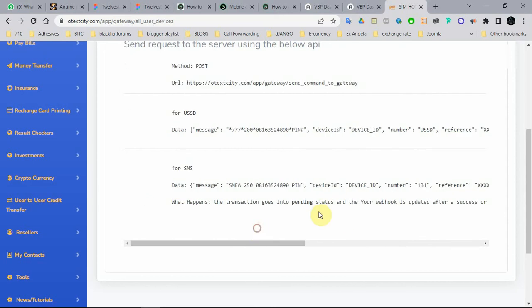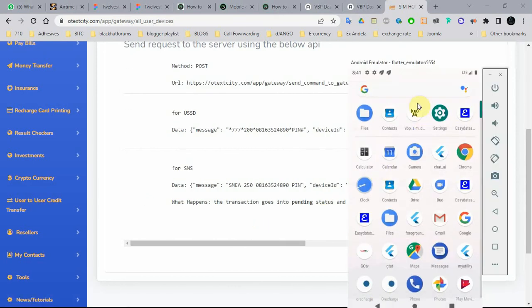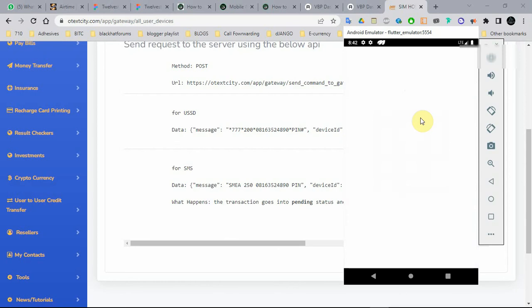Okay, that's that. So now on the phone, I'll be using an emulator to explain what happens on the phone to you. I think what I'm going to do is to do another write up to support this video. It seems the video is not always enough sometimes. So I'm going to do a write up that will probably support this. So clicking on this guy now, it takes us straight to